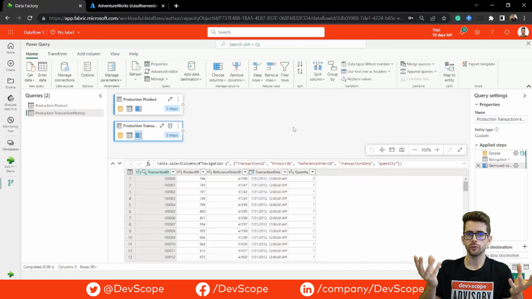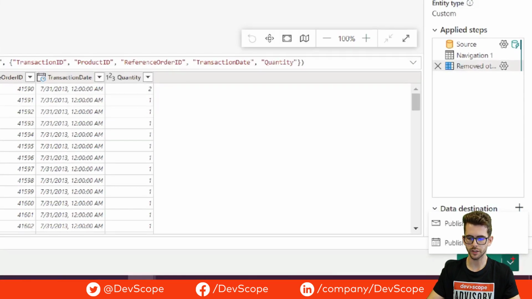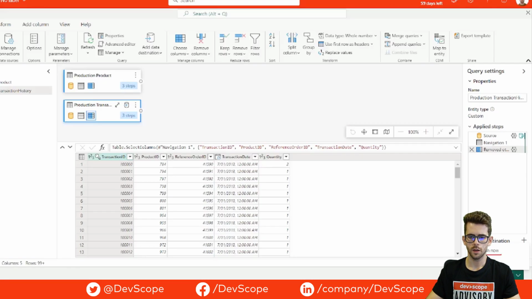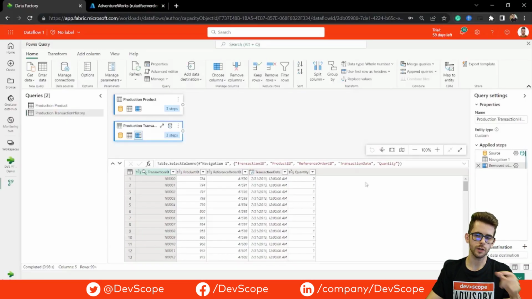So what you can do now is publish your data flow, or save it to get back to it later. For that, you can just come here to the publish button, and you'll see these two options, publish now and publish later. Publish later, basically you will not publish this data flow to your workspace, and you can get back to it when you need, just to finish your development. But first thing, before we